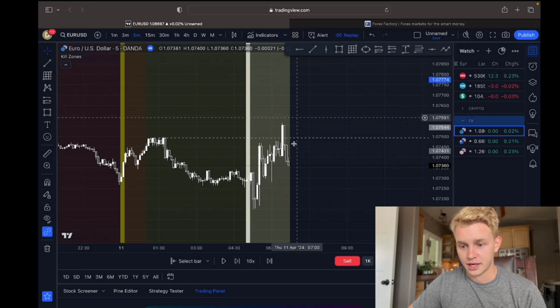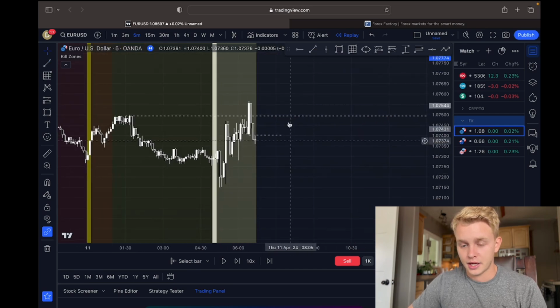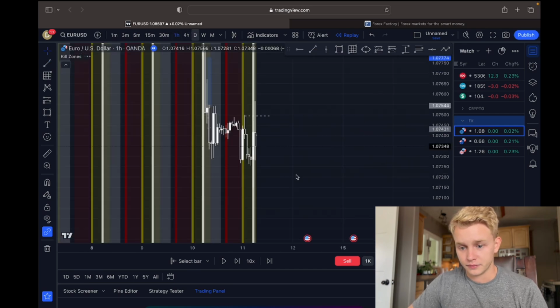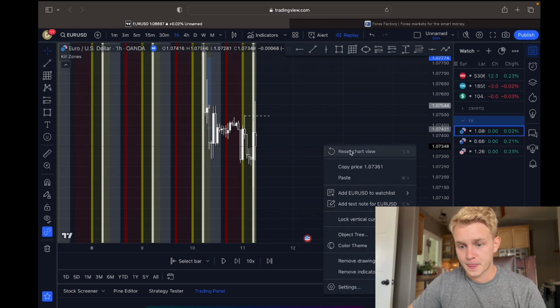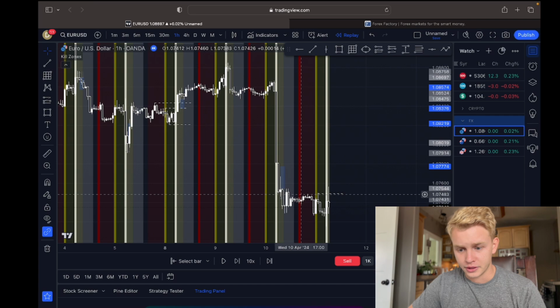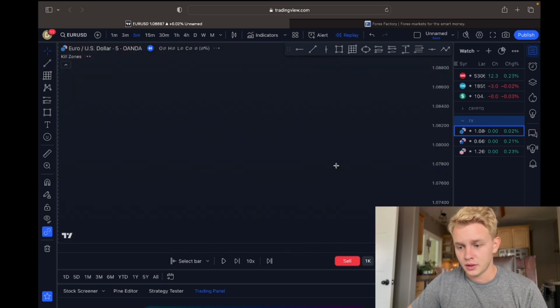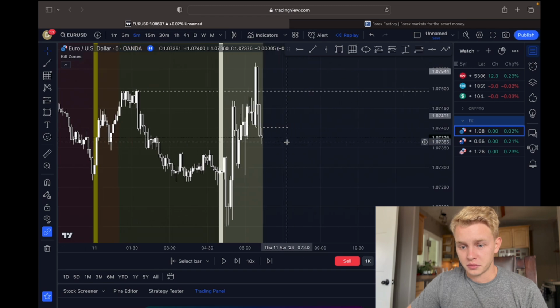So we've taken out the high. Now we're making changes. Now we broke structure to the downside here. Swept out a lot of highs. Ideally, let's see what the 1 hour time frame is looking like. 1 hour time frame, took out all these relative equal highs. I'd probably short this, to be honest. I'd honestly just short this because we took out